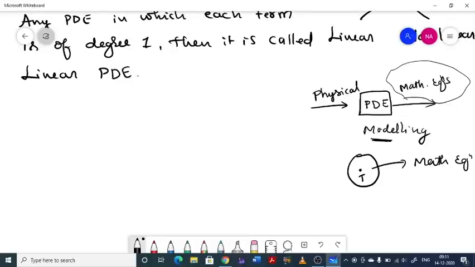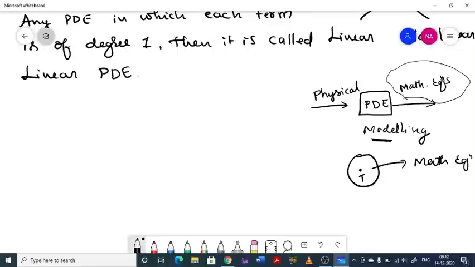Many such problems you can find. Finding the surface area of the earth, that we cannot take a tape and check what is the surface area of the earth, or you cannot check what is the total length of the earth, or you cannot check how deep a sea is. That can be done using mathematics, but for that we need to transform that physical situation into a mathematical situation. That is done by modeling. The main tool for modeling is differential equation.